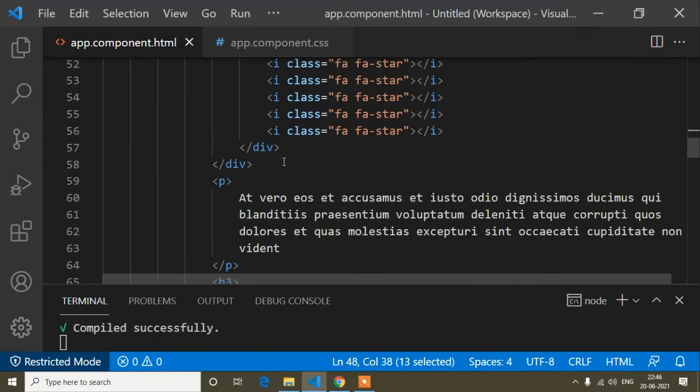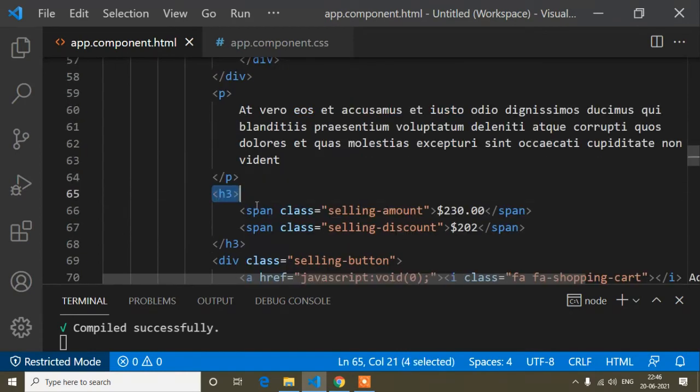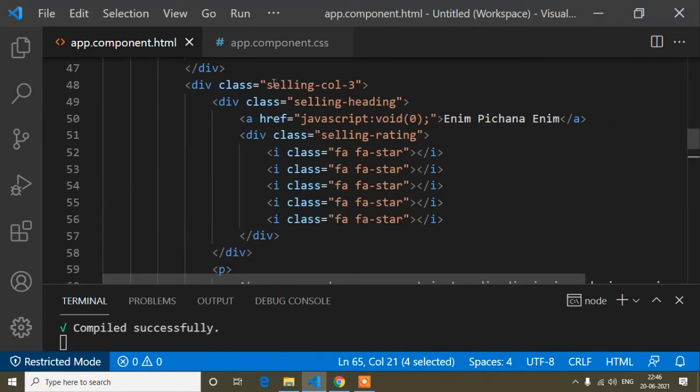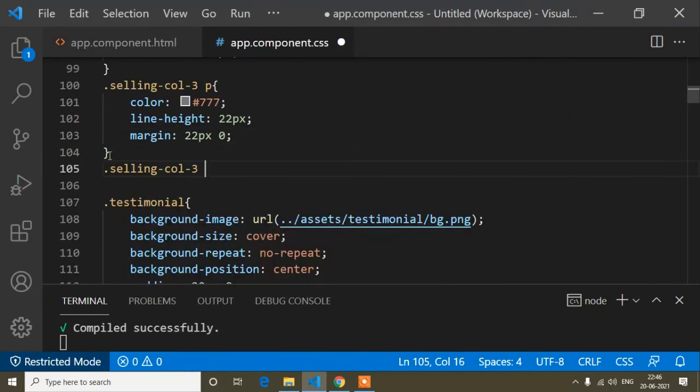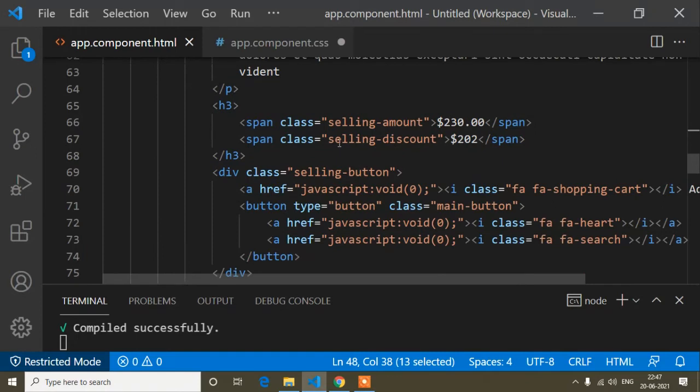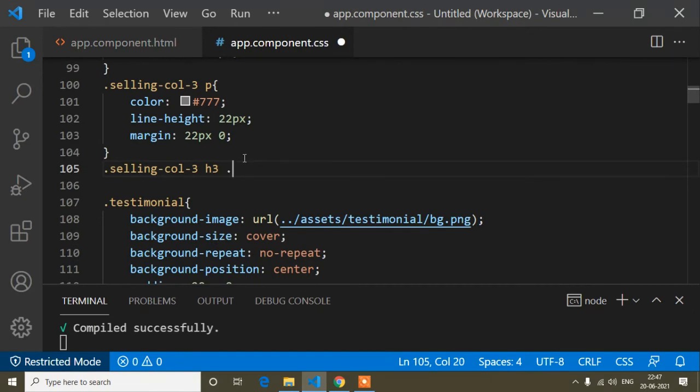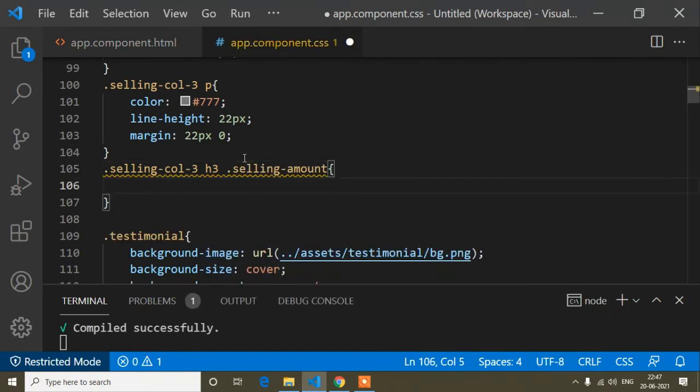So the price is inside this h3 tag, and the parent of this h3 is this one. So I will copy this one again, and just here I will paste an h3, and inside this h3 tag you can see first of all this selling amount. So I will add the design for this selling amount. So dot h3, so h3 then dot selling amount.